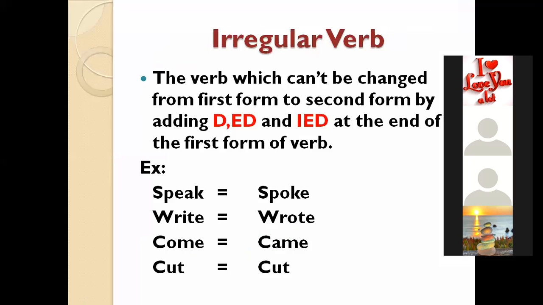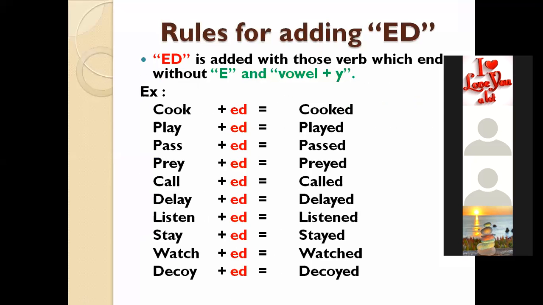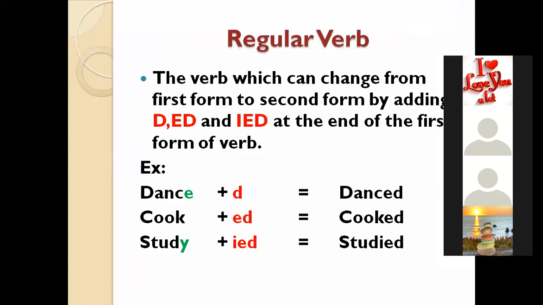Please, one of the students says that, sir, I do not understand regular and irregular verb. Let me repeat and focus. Regular verbs are those verbs which can change from first form to second form by adding d, ed, and ied at the end of the first form of verb. Whenever we are going to change first form of verb to second form of verb,